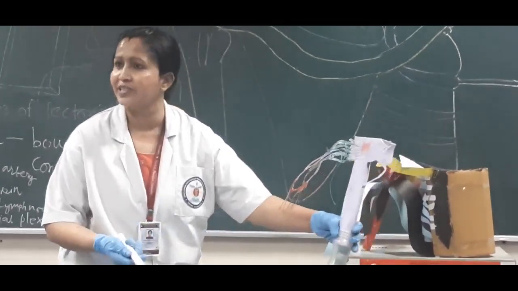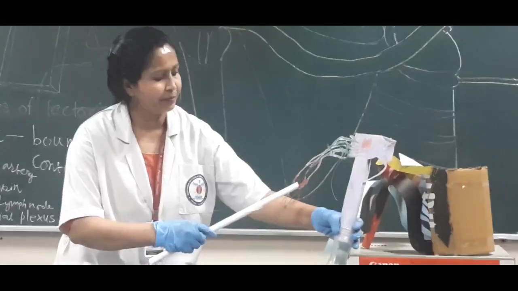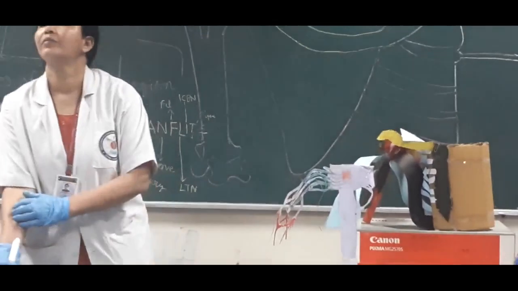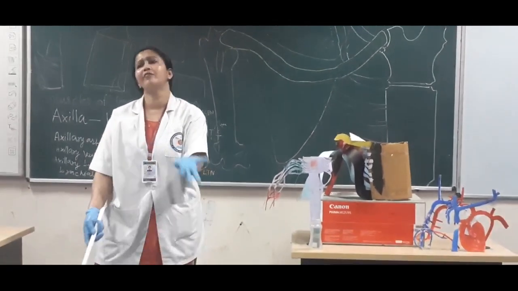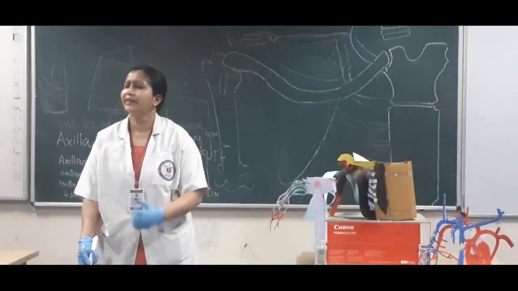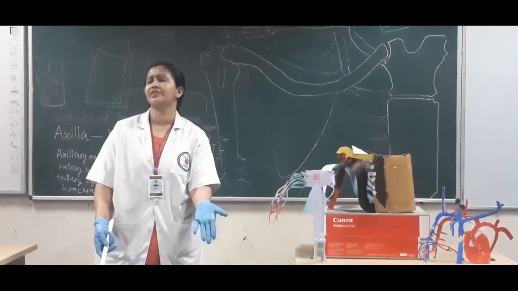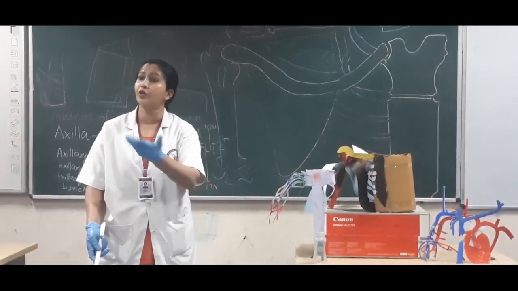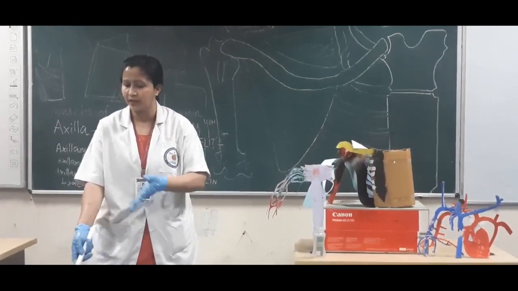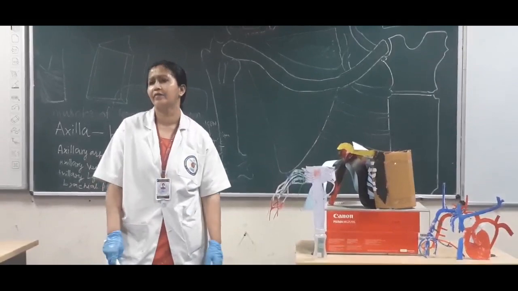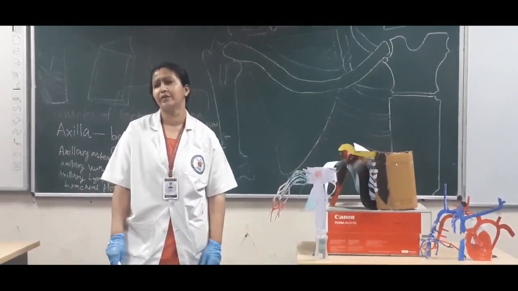We have discussed the median nerve, and what remains is the ulnar nerve. In the forearm flexor group, only 1.5 muscle, that is the flexor carpi ulnaris and the medial half of the flexor digitorum profundus, which is not supplied by the median nerve, is supplied by the ulnar nerve, and all the muscles of the hand are supplied by the ulnar nerve.